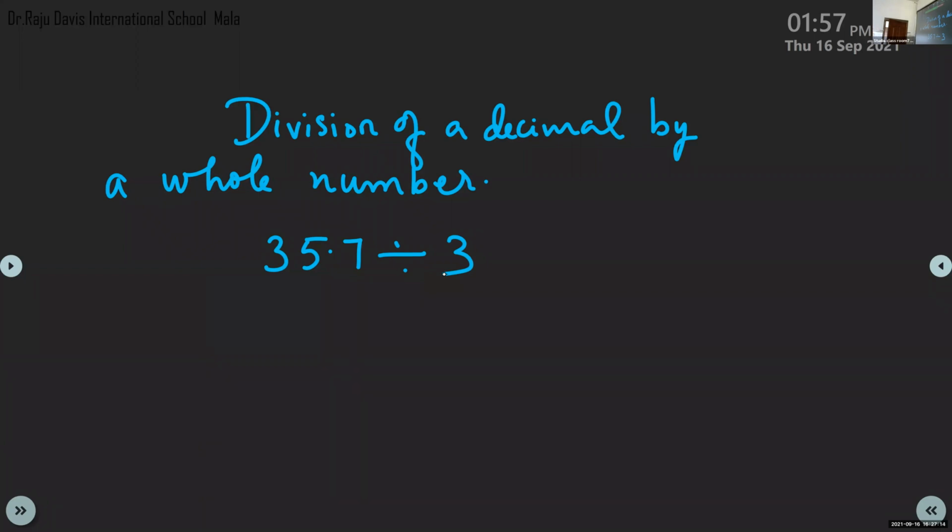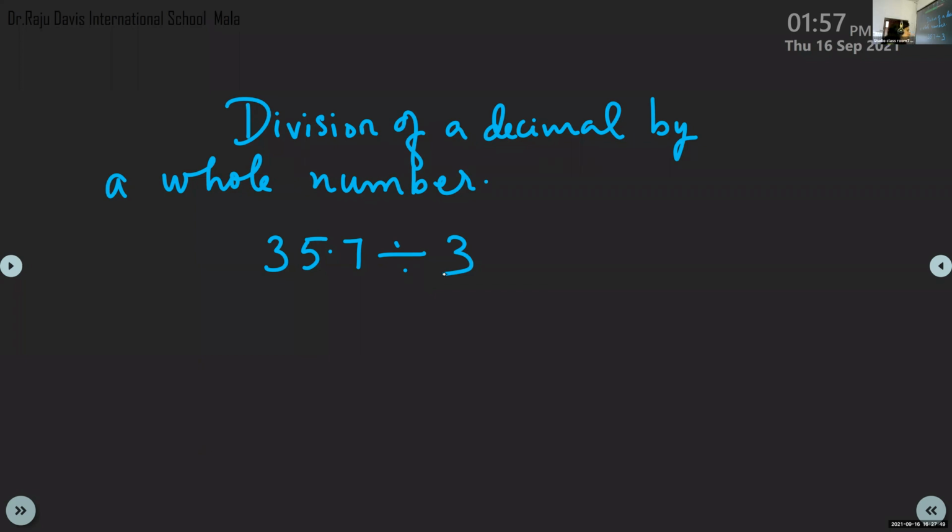Look at this, children. Don't write now. Put your pen down and listen. What is the method? I'll give you the notes. Don't worry. But still, you should understand what is the method. Method is this. Simply divide the numbers like whole numbers. As we did multiplication of a decimal by a decimal, what did we do? Simply we multiplied them like whole numbers, isn't it? Then we decided the decimal point. Same way, do the division as usual, like a whole number. Find the quotient. That means find the answer.